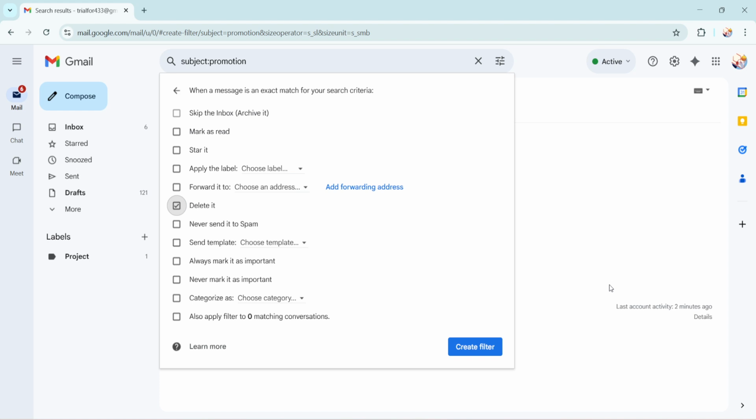That wraps up today's tutorial. By following these steps, you'll find managing your Gmail inbox becomes much more efficient. With filters in place, your emails are organized instantly, saving you both time and mental energy. Try experimenting with different filters to see what works best for you, and watch as your email